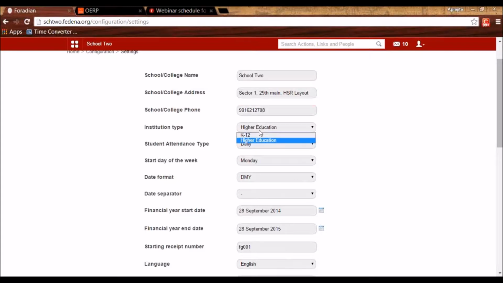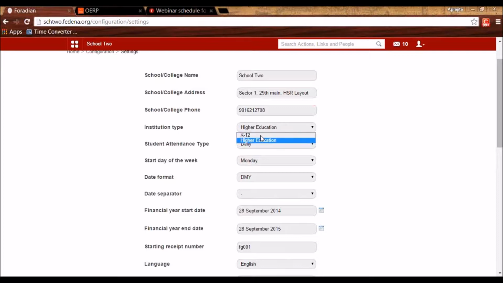Then what is the type of institute? Is it a K-12, meaning kindergarten to grade 12, kindergarten to class 12, or any nomenclature like standard 1, standard 2, and so on. So that is K-12. Higher education would mean the longer duration courses, the semester system courses, the degree courses.